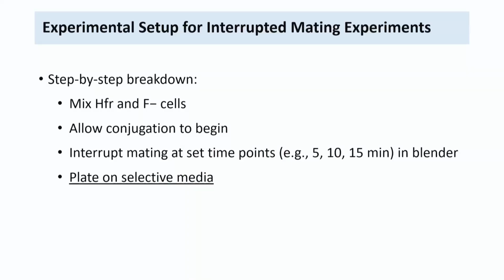So the experimental setup for the interrupted mating experiment, just for a quick look: you mix Hfr with F minus cells and allow conjugation to begin. As I just mentioned, you interrupt the conjugation using a blender or anything which has high speed and vigorous shaking, and so you stop the conjugation. Then whatever bacteria you have, you plate them on selective media